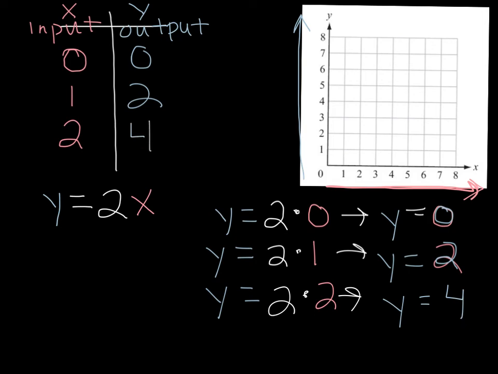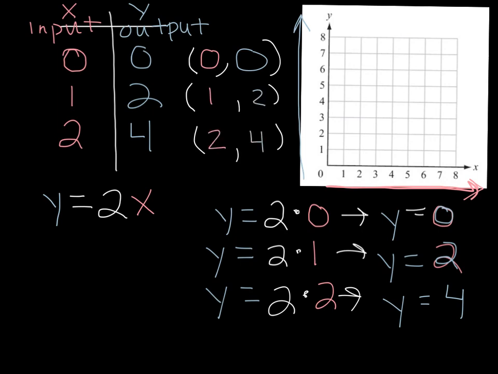So I have my inputs and now I have my outputs. And all I'm going to do is graph these on our coordinate grid over here. So taking these values and graphing them over here. And if you remember what coordinates look like, all they look like is the x value, followed by the y value. So if I fill those in,